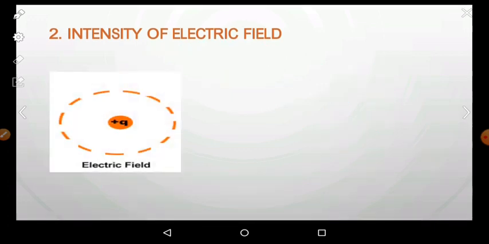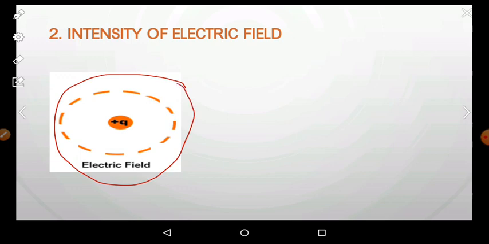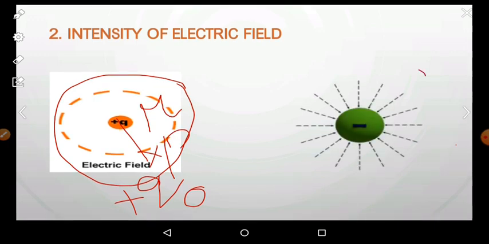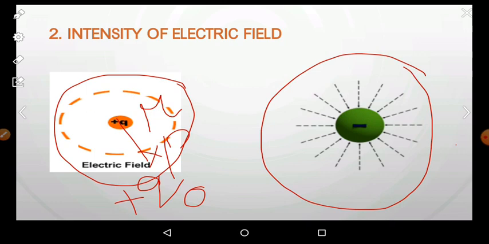Now we are going to derive the formula. We have a diagram here, the electric field for a positive charge. You can take any point, this is the point P, and place a charge. Imagine that a charge Q naught, which is positive, is placed at the point P, and the distance between the charges Q and Q naught is R. Or otherwise you can take a negative charge also. When you take this negative charge, an electric field is also developed, but the only difference is that for the positive charge the field is outward, for the negative charge the field is inward.